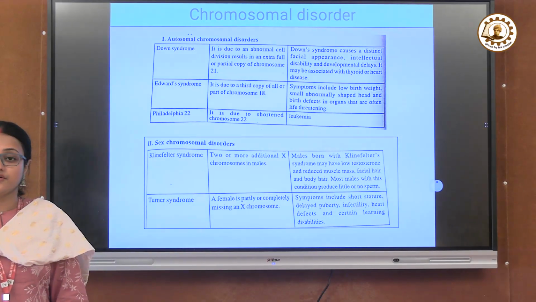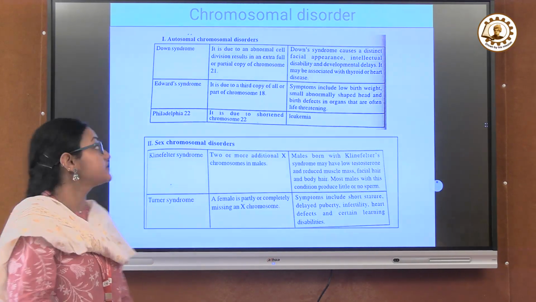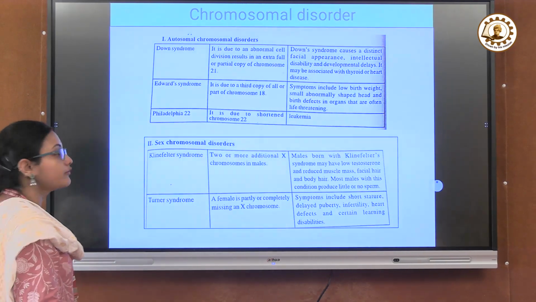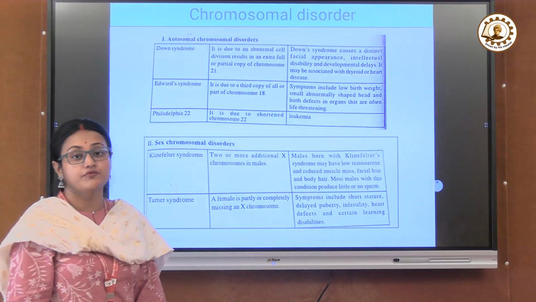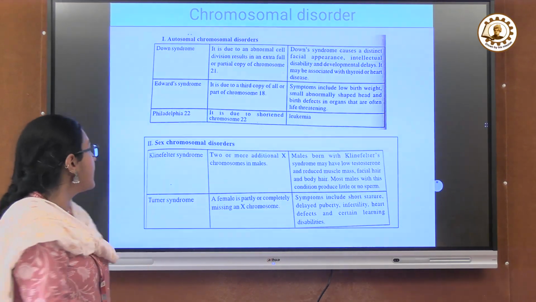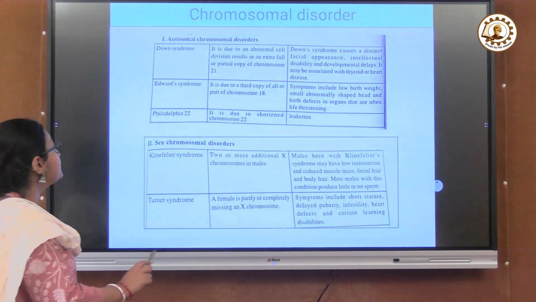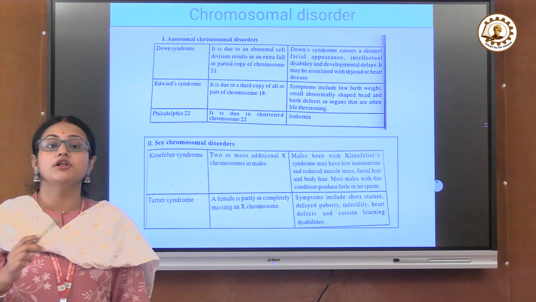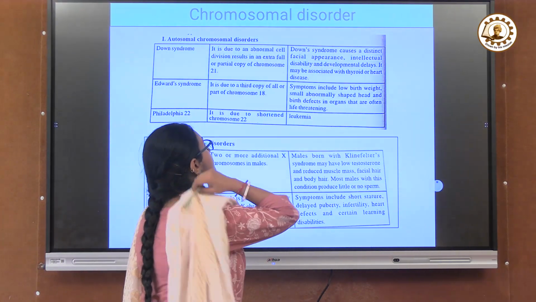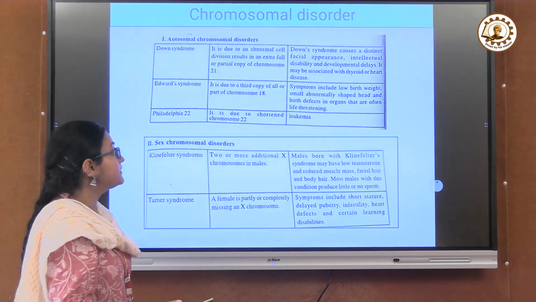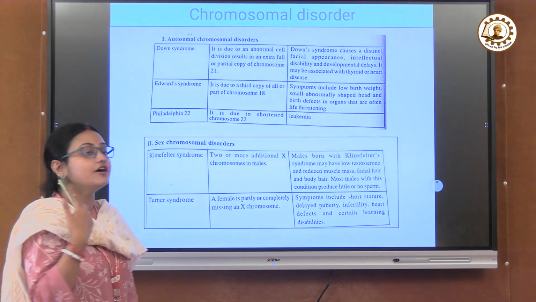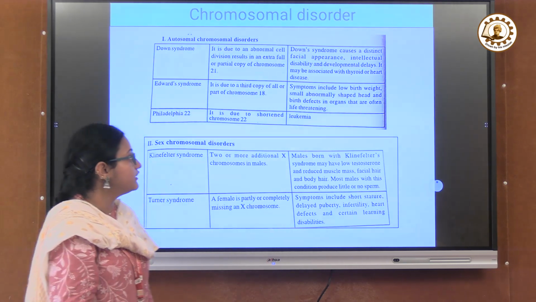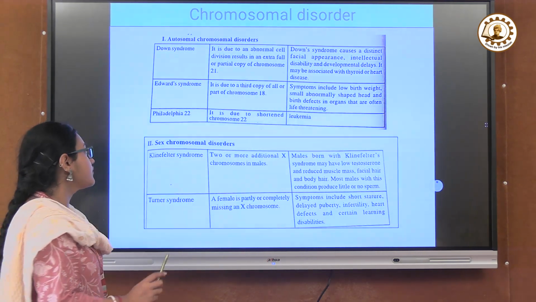These are the chromosomal disorders, where the number of chromosomes is changed. First is Down syndrome, which causes an extra copy of chromosome 21. Another is Edwards syndrome, which causes an extra copy of chromosome 18. Another causes leukemia, the Philadelphia chromosome, where there is no extra copy, just chromosome 22 is shorter. In Down syndrome, there are distinct facial abnormalities and developmental delays, and in Edwards syndrome, low birth weight and abnormalities in body shape can be observed.